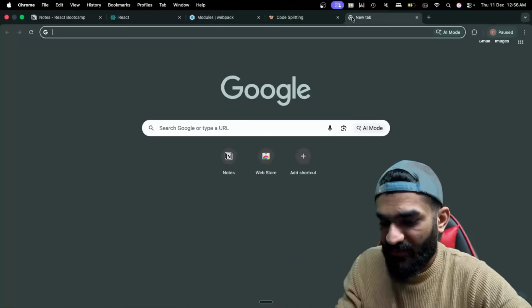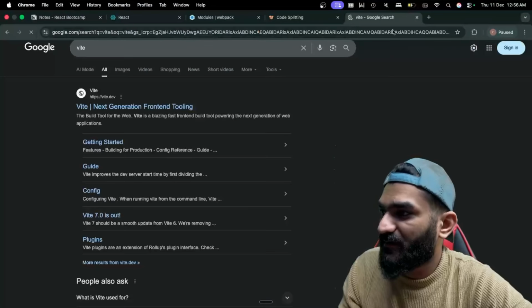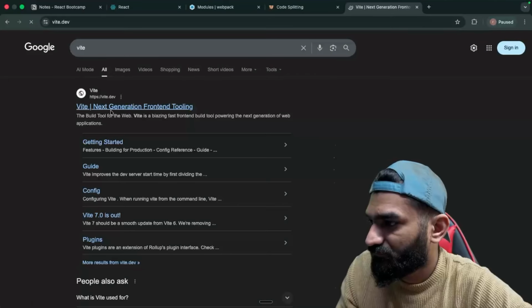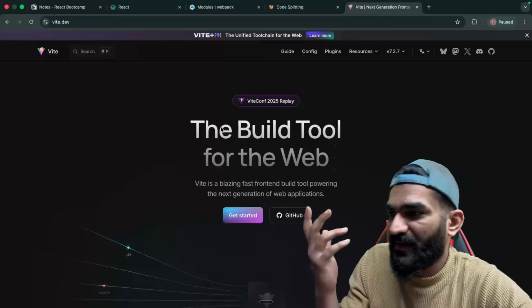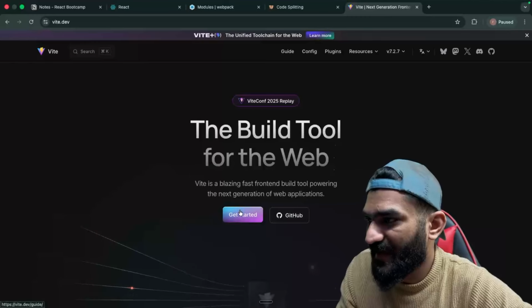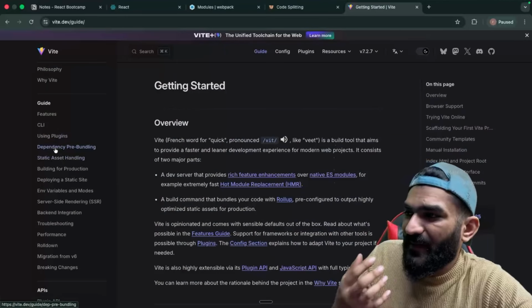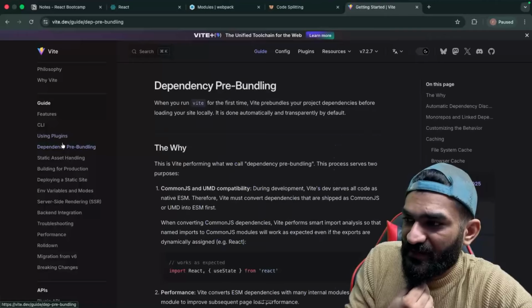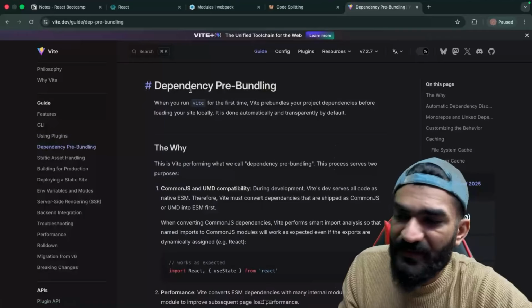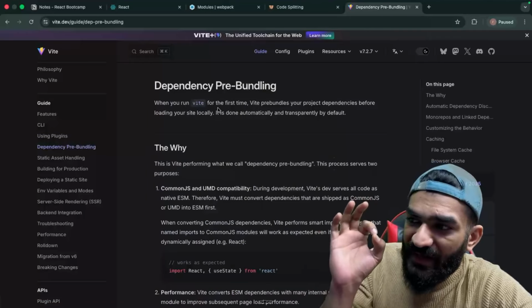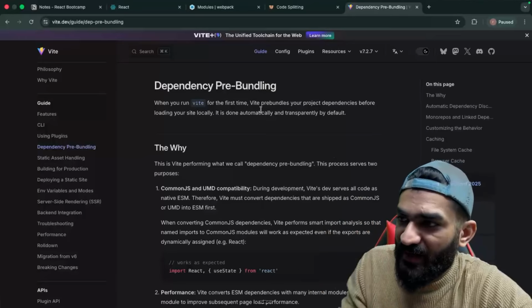Vite is a bundler. Let me show you Vite. Vite is a bundler. You can say Vite or Veet, whatever you want to say. So this is a bundler. What happened? Dependencies and pre-building. See, we have something called dependencies and pre-building. So when you run Vite for the first time,